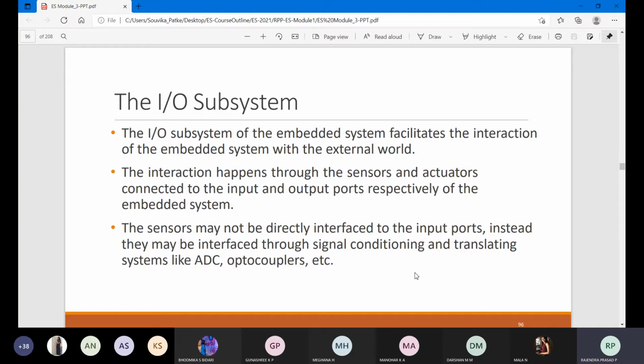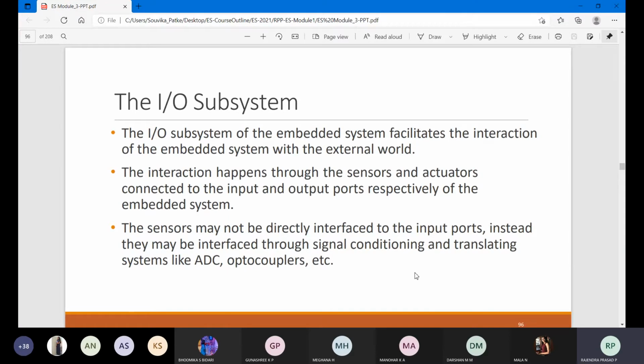That is why they are saying that the sensor may not be directly interfaced to the input ports. Instead, they may be interfaced through signal conditioning and translating systems like ADC and optocouplers. If I take your mobile phone, voice is my information, but your voice will be converted into a digital signal, right?